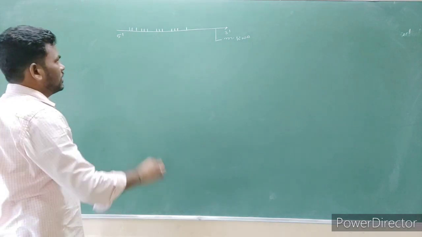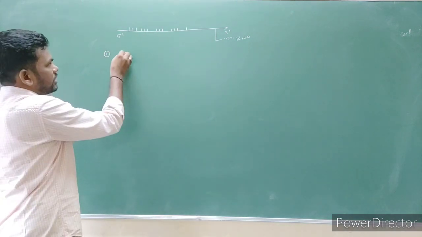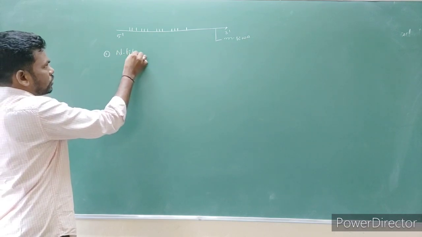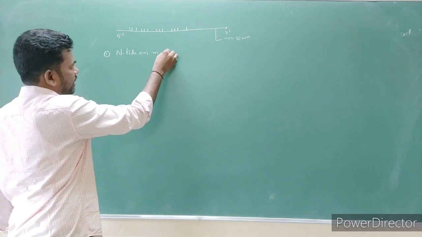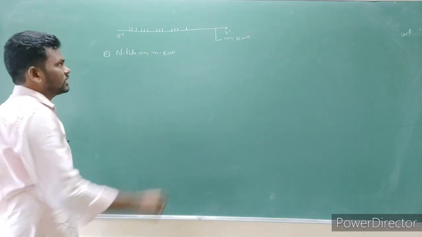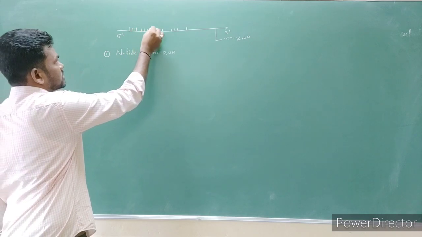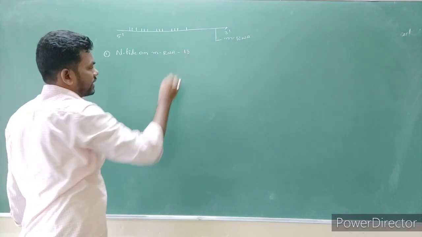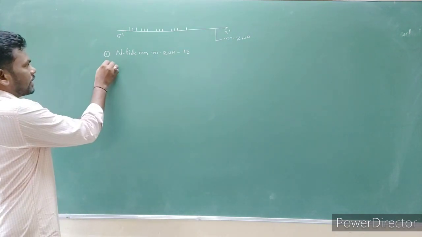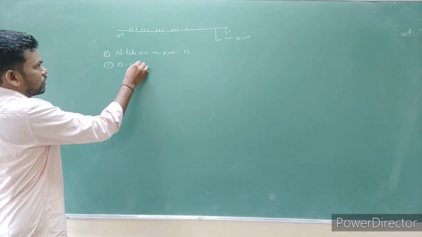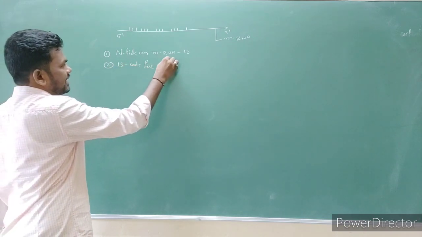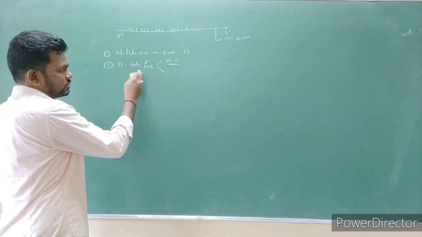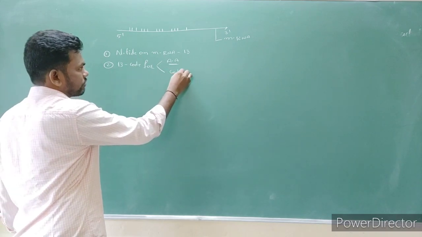Like codes are given. Here the questions are, the first question is how many nucleotides are present on the given mRNA? How many nucleotides are there? 1, 2, 3, 4, 5, 6, 7, 8, 9, 10, 11, 12, 13. 13 nucleotides are there. These 13 nucleotides are going to code for how many amino acids? And these 13 nucleotides come together to form how many codons?